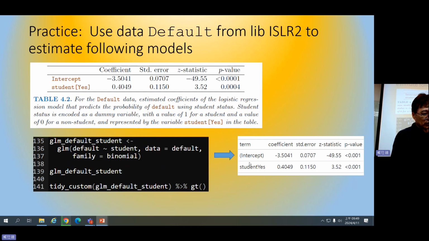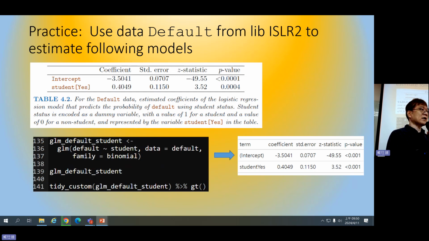Okay, so this is the coding just for your reference. And with this coding, if you want to generate a table like this, you need to install other packages like gt and gtsummary, etc. So this is also useful for you to generate tables in the future. From my viewpoint, because this is not that difficult, I also encourage you to install this package, so that you can generate the output easily.